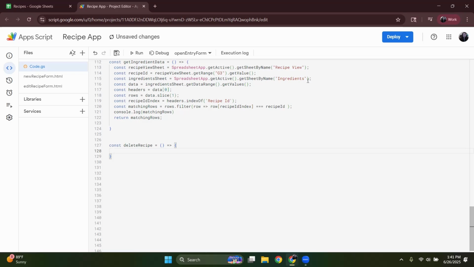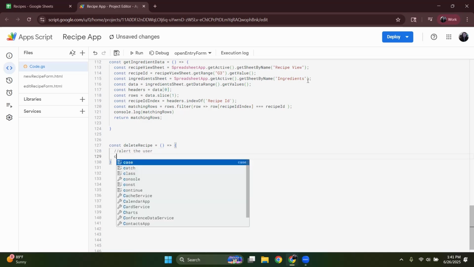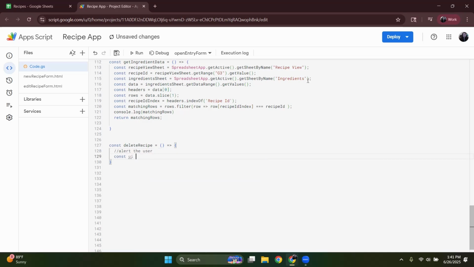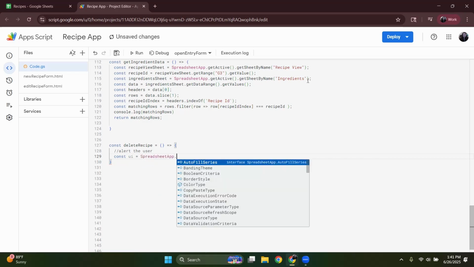Let's start by getting access to the UI. const ui = SpreadsheetApp.getUi();